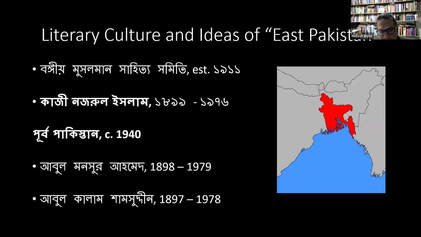A major figure in that movement was the great poet Nazrul Islam, who was born in what is now West Bengal, Burdwan district. He was definitely exposed to various aspects of culture from Hindu and Muslim sources. He attended a maktab for his early education, learned the essentials of Islam and Arabic and Persian, but he also toured with a traveling performance troupe and learned a great deal about Hindu mythology and wrote a lot of poems about Hindu topics. He attended school in Mymensingh and then again in Burdwan, and then was recruited to fight in